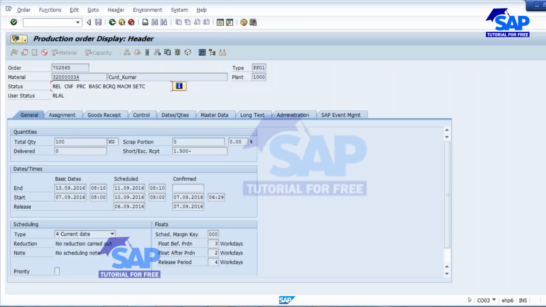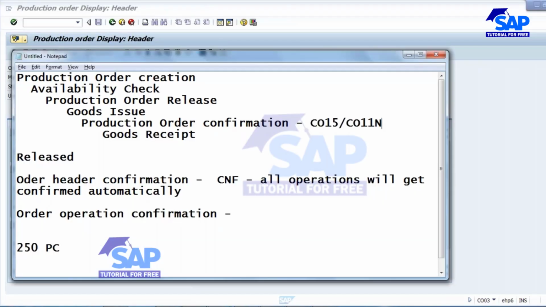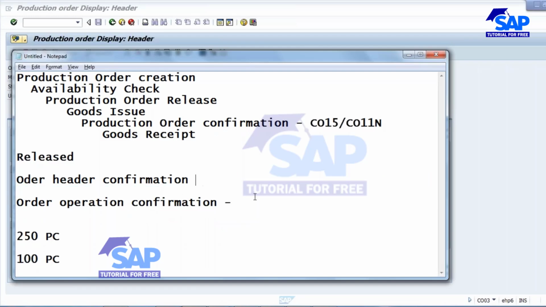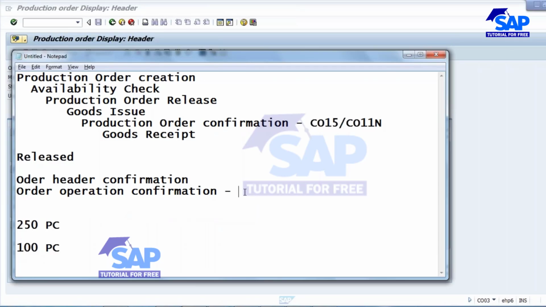Okay, so this is how you will be doing the order header level confirmation and operation level confirmation. Now one more option is there. They have given one more option,